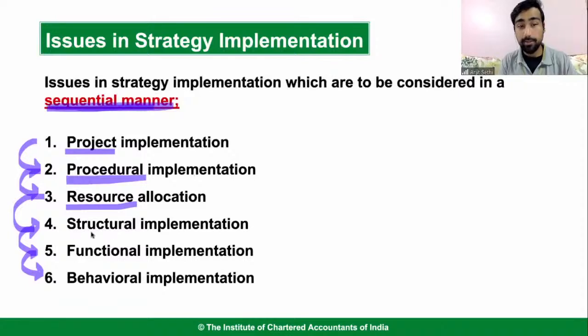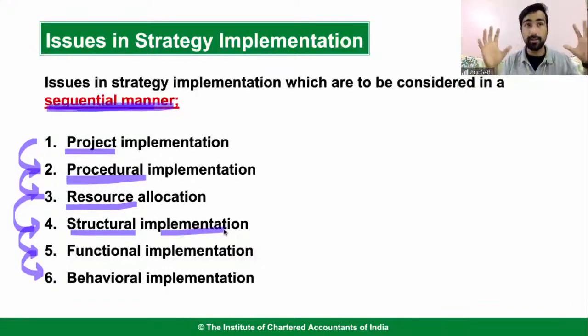We have done that. Then you do structural implementation. अभी आपने resources इकट्ठे कर लिए. Then you did a resource allocation. Then you structure that, right? यहाँ पे 10 लोग मार्केटिंग के मुझे चाहिए, मुझे 10 करोड़ रुपए चाहिए. Now you structure that. 2 करोड़ रुपए न्यूज़पेपर की मार्केटिंग के लिए, 3 करोड़ रुपए इन्फ्लुएंसर मार्केटिंग के लिए, 5 करोड़ रुपए रेडियो मार्केटिंग और प्रिंट मीडिया और टेलीविजन मार्केटिंग के लिए चाहिए, right? I need 10 people. 3 people are in factory A, 3 people in factory B, 2 people in factory C, right? Structural implementation, right? Structure.